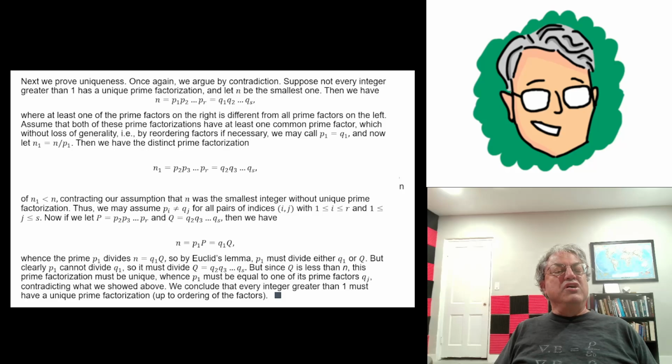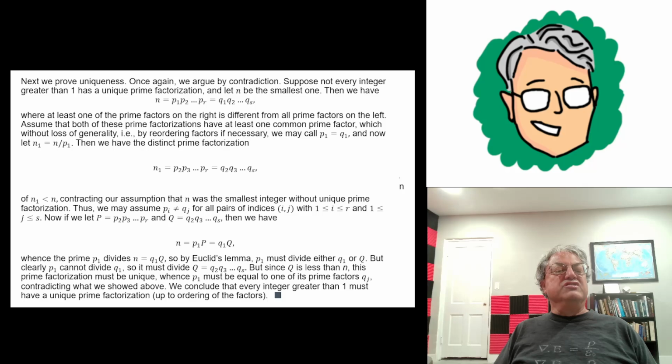Remember, capital Q is less than n, because capital Q is just n divided by little q1. Little q1 is a prime, which we know is greater than 1. That means that n over q1 has to be less than n. That's capital Q. So capital Q is less than little n,